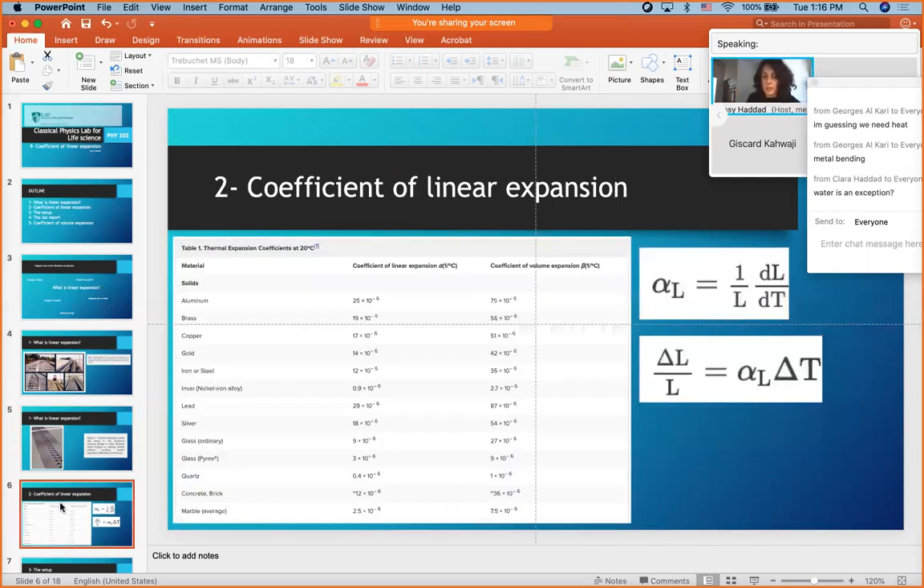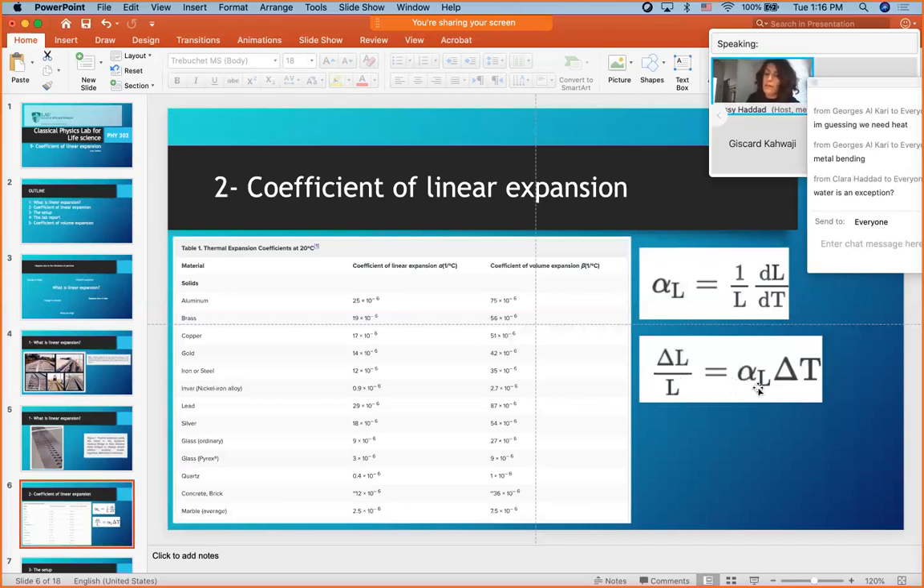Coefficient of linear expansion, it's called alpha. How do we measure alpha, or how do we calculate alpha? It's basically the relative change in length divided by the temperature change, or the temperature drop, or the temperature increase. All right, so it is the relative change in length, which means you need to relate the change in length to the actual length. All right. And yeah, delta T is the change in temperature, delta L is the change in length, L is the initial length,